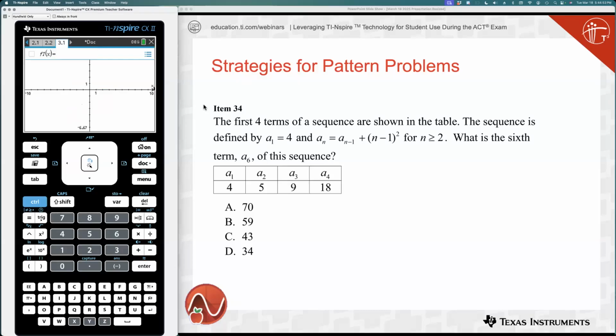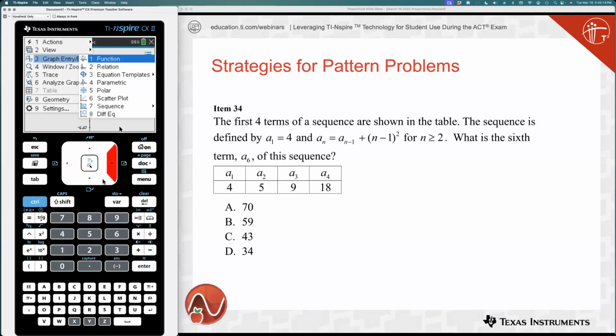And this is not a function. It is a sequence, which is a function. So I'm going to rephrase that. It's not a function in the sense I'm not using f of x. And so in your calculator from this menu, you can press menu and you can change your graph entry line. And we want to